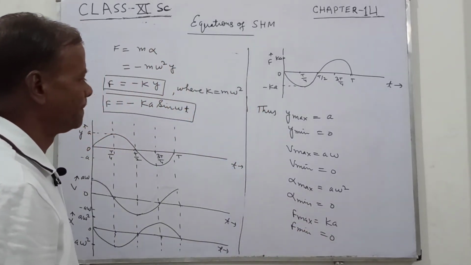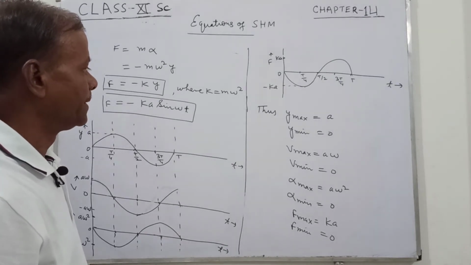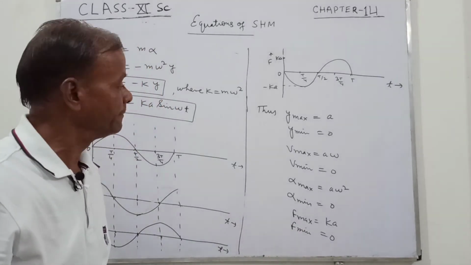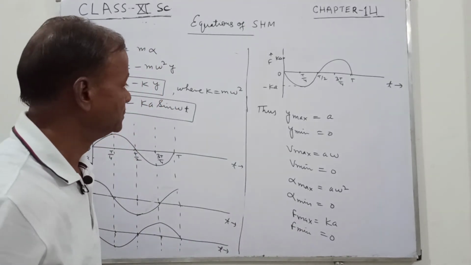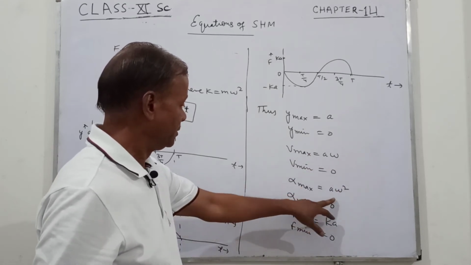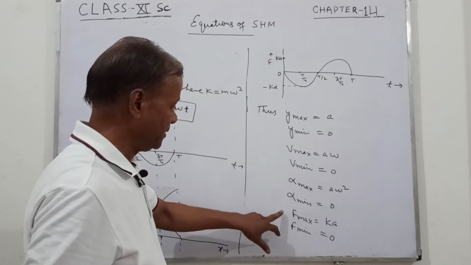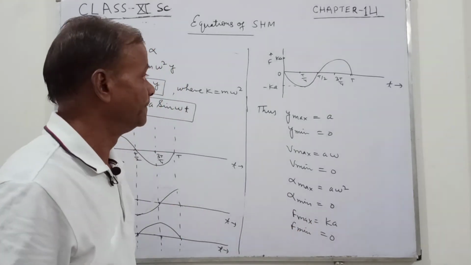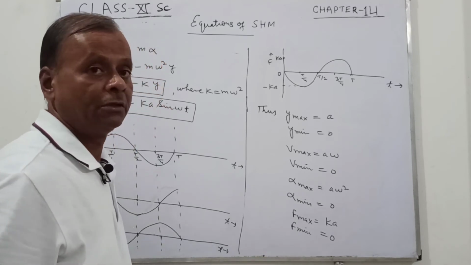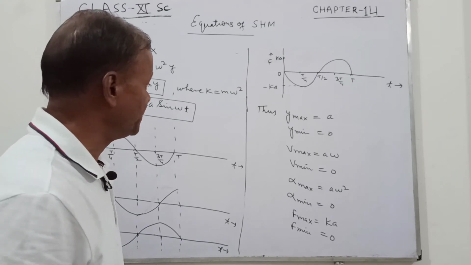So you can see that when the particle moves, the maximum displacement will be equal to A, the amplitude, and maximum velocity will be A omega, and maximum acceleration A omega square, and maximum force equal to Ka. So this is in terms of the time t. Now if we take in terms of the displacement,